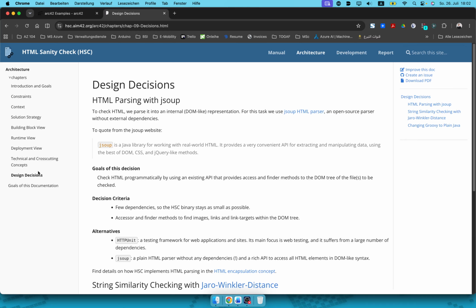Next is design decisions. The goal of this decision was to allow it to be programmatically done. The decision criteria were the alternatives; this is a cornerstone of an ADR, architecture decision record. What are the alternatives that we have investigated before we make the decision? It could be listed somewhere else and documented in a different documentation. The alternatives evaluation